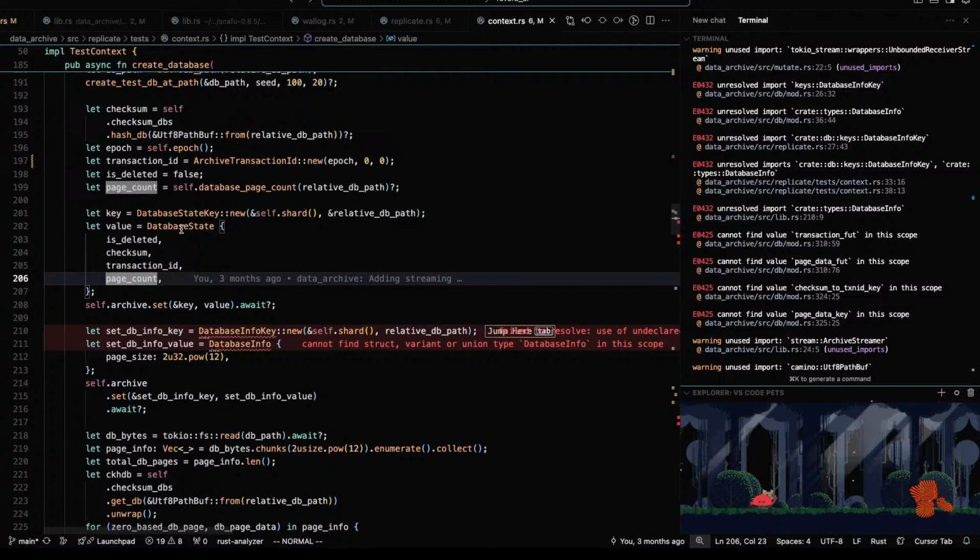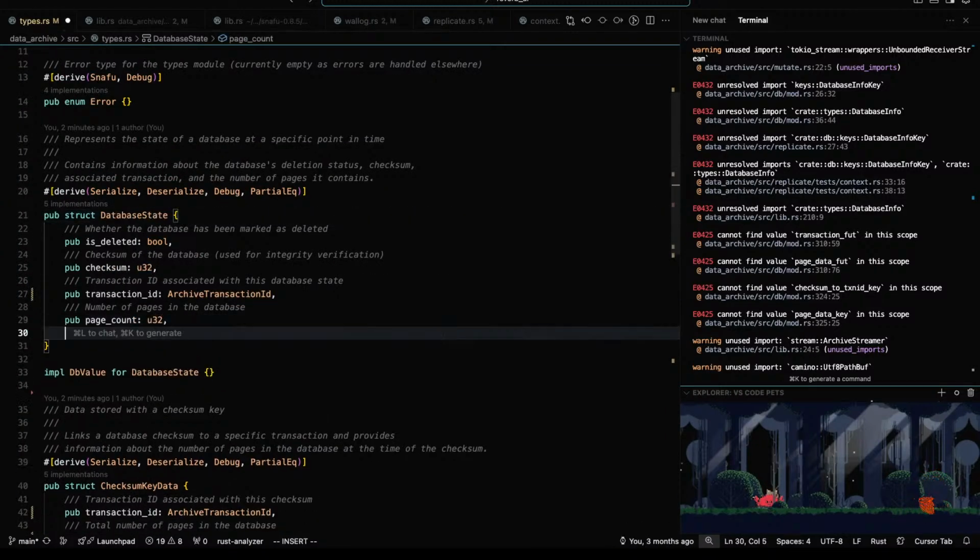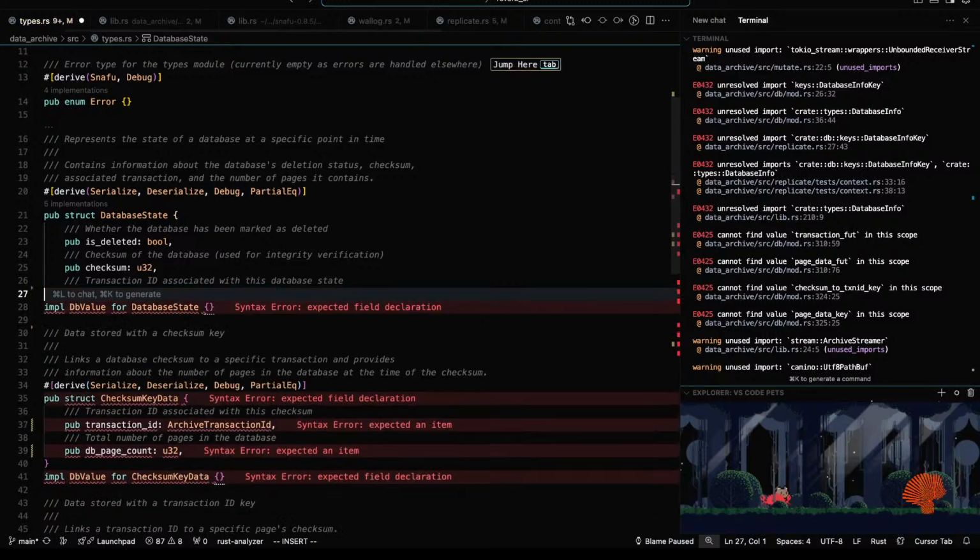Oh, and our database state key also needs page size. Oh, come on, bring that back.